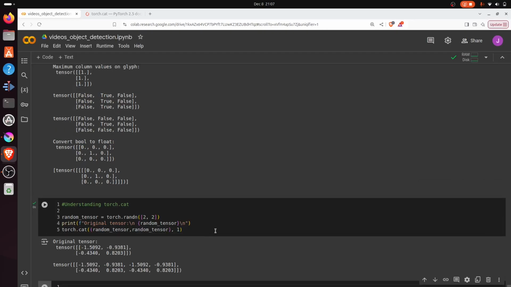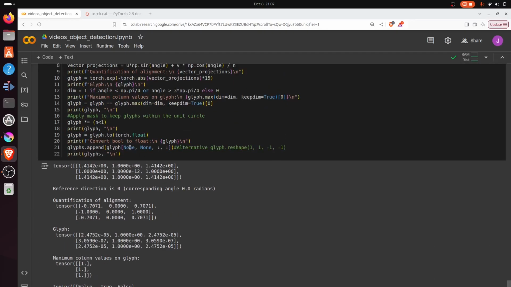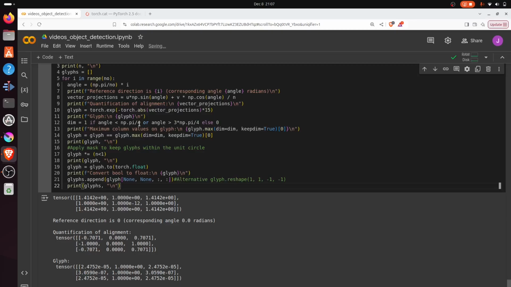Okay, so of course now instead of concatenating with respect to the rows, we just concatenated with respect to the columns, as expected. Okay, great. So now we understand how concatenation works. So now let's actually apply it to our problem. Okay, fantastic. So let's see how it works. So essentially,